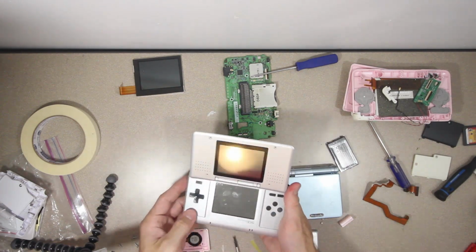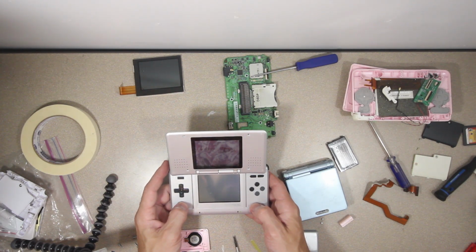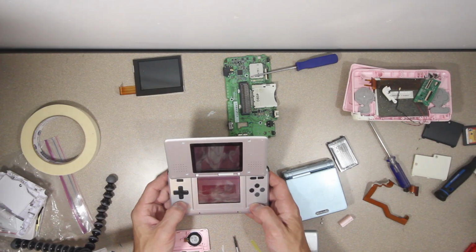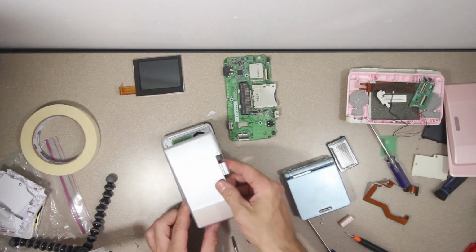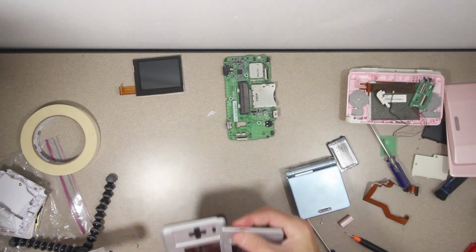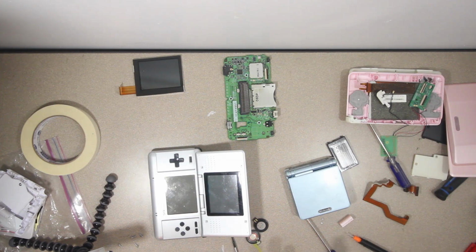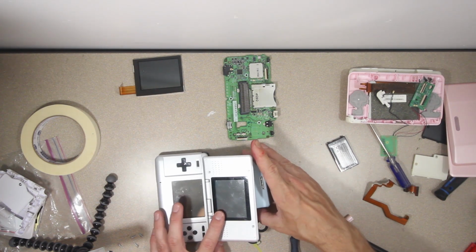Battery in. Wow, those speakers are terrible. I was thinking really hard about doing the two-tone look on this. I decided against it because I just don't think between the black and silver and the pink and cream there would be any sort of improvement to the overall look by mashing them together. It'd make me happy to do it, but...